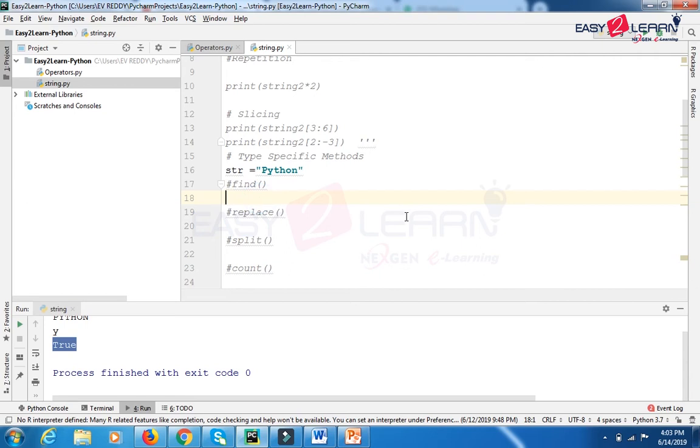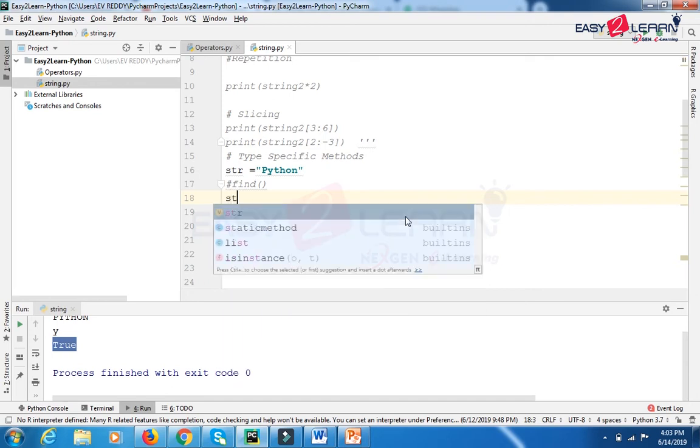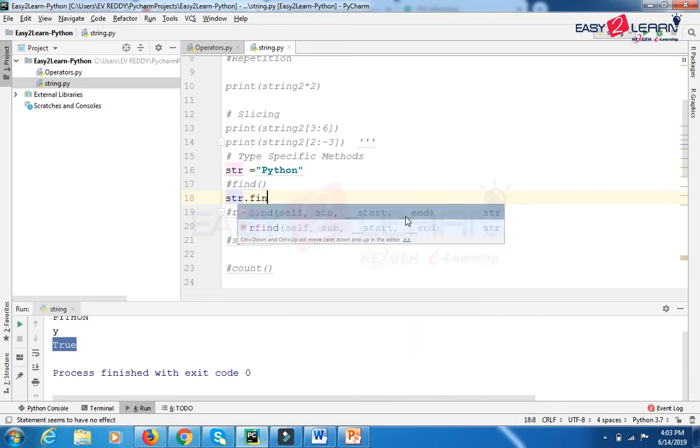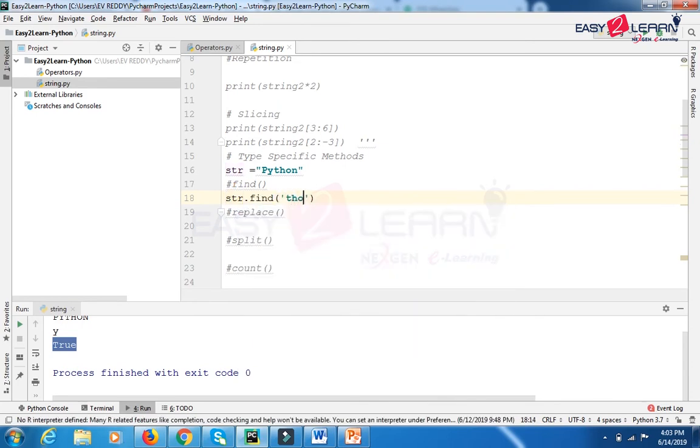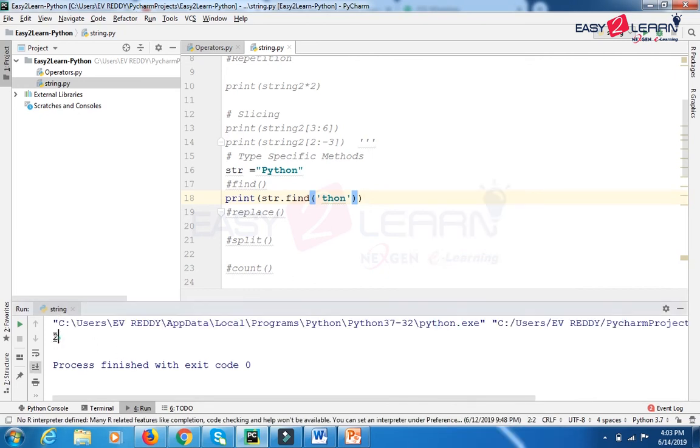Now I am going to find out a substring in the given string. Say for example here I want to find, like string.find of thon is my substring. Whether the substring is available in the given string or not, I need to find out. Say print, and you just run this and you can find the output.